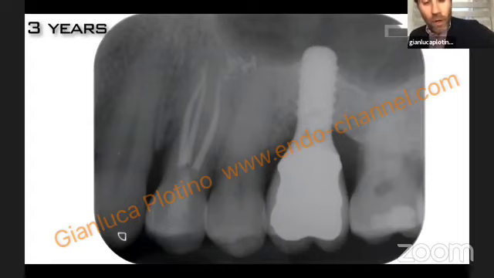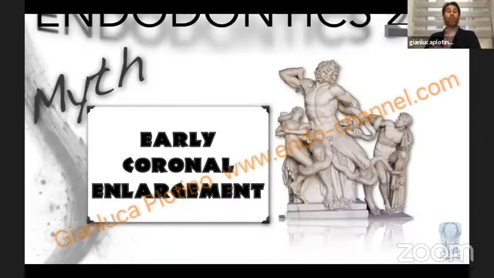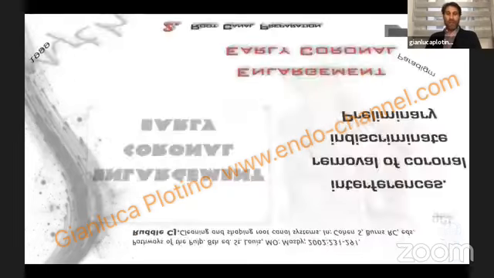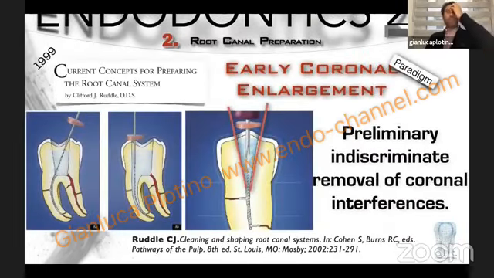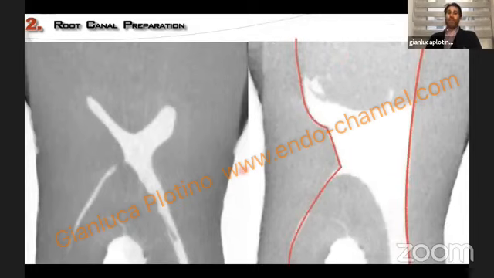So what I suggest is to not follow anymore the myth of early coronal enlargement. With modern instruments, we don't need a preliminary indiscriminate removal of the coronal interferences that removes dentin in this area that is the most delicate.